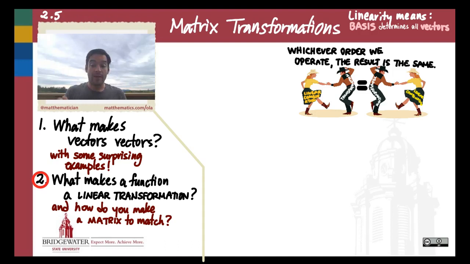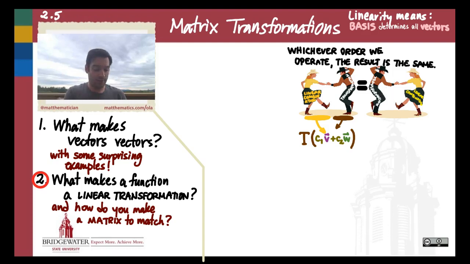So what does that look like in practice if we put some notation to this idea? Well, suppose that I have a couple of vectors v and w. I can first form some linear combination of them. So c1 times v plus c2 times w. If I do that first, and then I apply some linear transformation, so I wrap those into the input of some function we call T. Then if T is a linear transformation, that should be the same thing as if I had first applied the